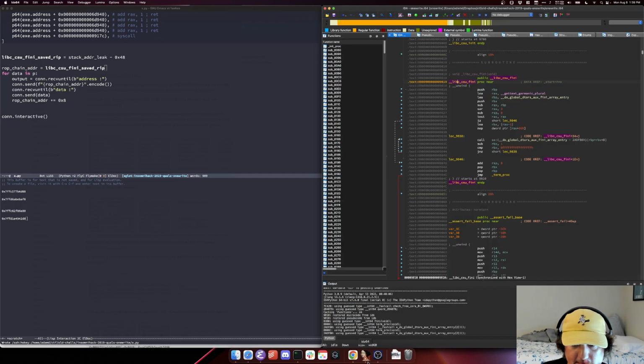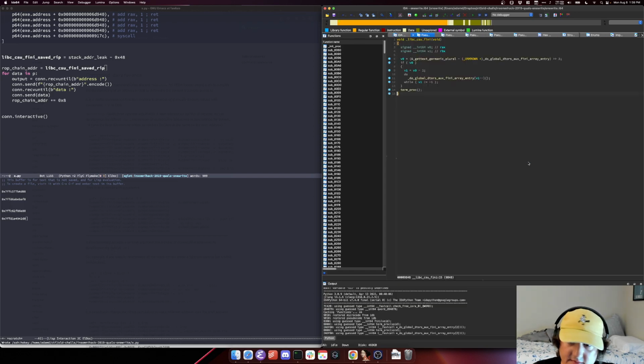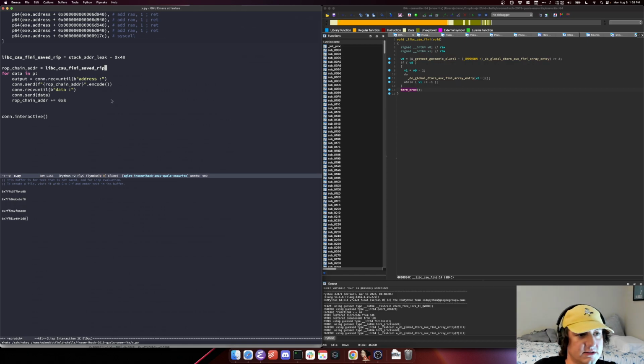Now what I'm going to do is, does this have a return? Oh yeah, jump to term proc. Oh, term proc is actually the one. Yeah, so all I'm going to do is break out of this, or I guess other ways you could do is overwrite this with one of the entries, but what I'm going to do is change. So okay, let's do that. So now we've overwritten properly that thing, the saved instruction pointer of libc CSU Finney,